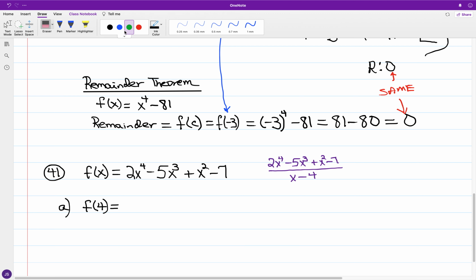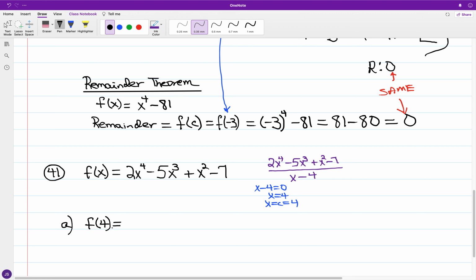Just mentioned. Okay, so we have x minus 4 equal to 0, so we have x equal to 4. So x is equal to c is equal to 4. And if I were to divide this polynomial by x minus 4 and find out what the remainder is going to be,